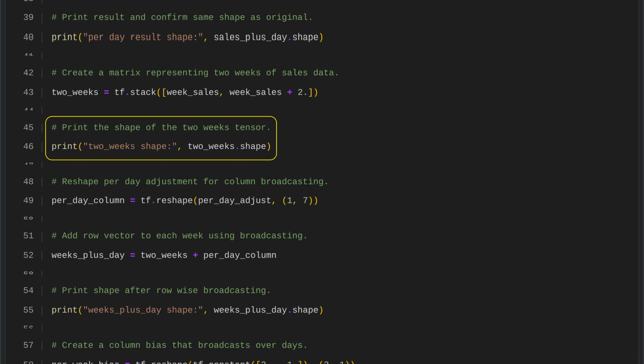We check the shape of the tensor called 2 weeks, which holds sales data from 2 weeks stacked together. Printing its shape tells us the dimensions of this data. This helps us see how the sales values are organized and confirms that the structure matches what we expect before